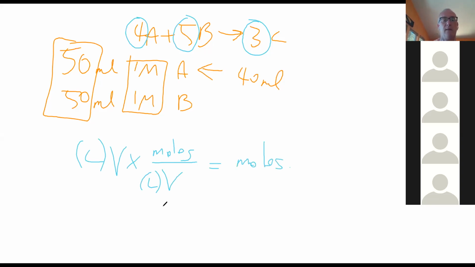So if my concentrations of A and B are exactly the same, I can basically determine the ratio of moles by the volume. So what this means is that 4 moles,